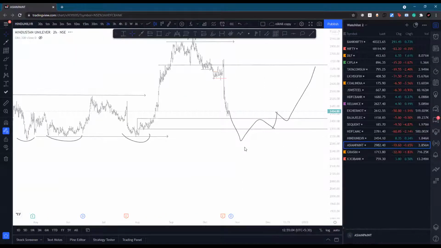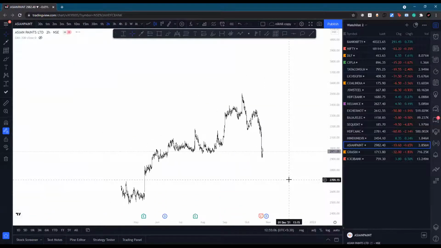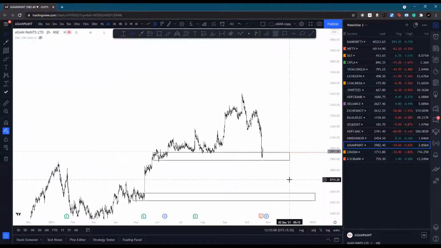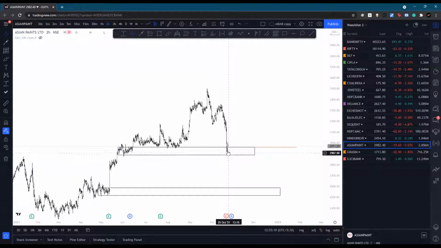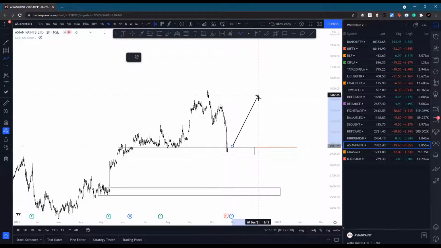Okay. Asian Paints, again, someone was holding an Asian Paints call, and to be precise, he is holding the 3,200 call. Okay, 3,200 call, November expiry, and he is expecting that the price will go up. What do you guys think? Is it going to build this imbalance or take support at this particular price and then bounce back? What do you guys think?